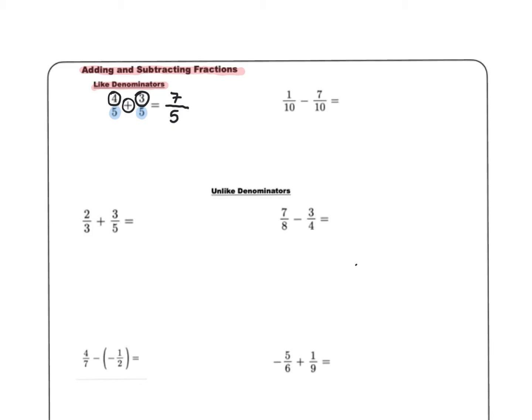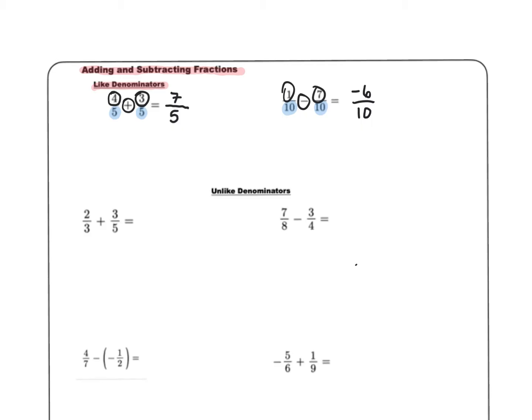And the same goes for this common denominator part right here, that we got 1/10 minus 7/10. Same common denominators, and so we got 1. Oops, I don't know why I keep doing that. Got 1 minus 7. So 1 minus 7 we know is going to give us a negative